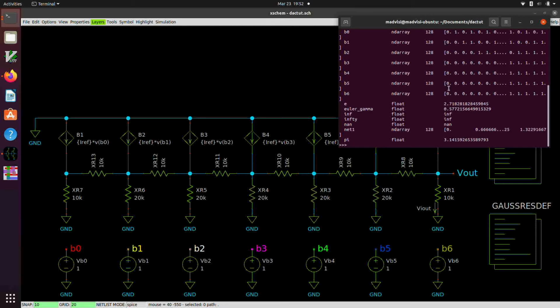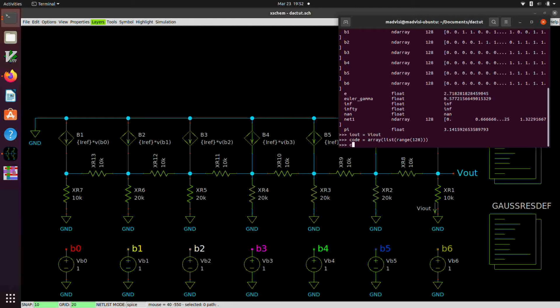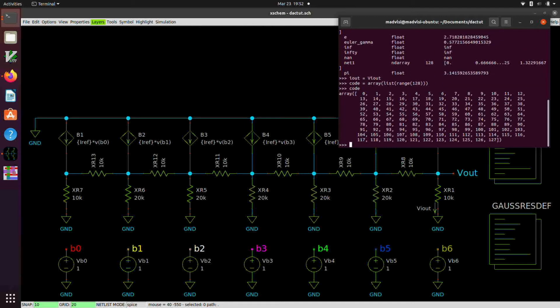We're going to say maybe I_out equals V(I_out), just so it's a little more sensible. And then we're going to create a code vector, which is going to be a NumPy array generated from a list from range 128. That will give us the code words from 0 to 127,